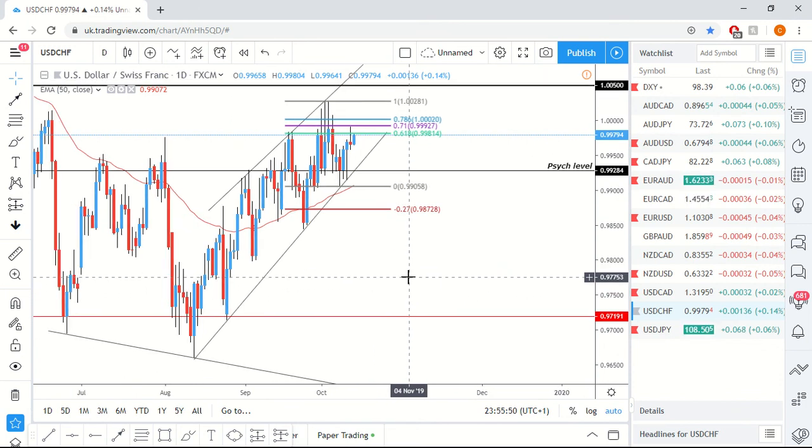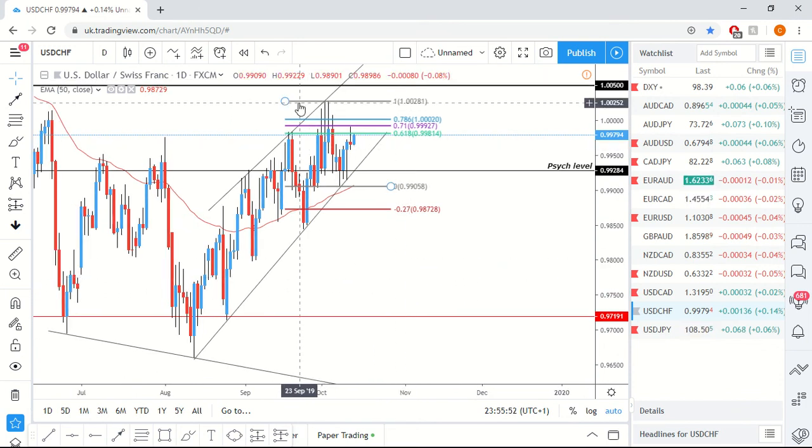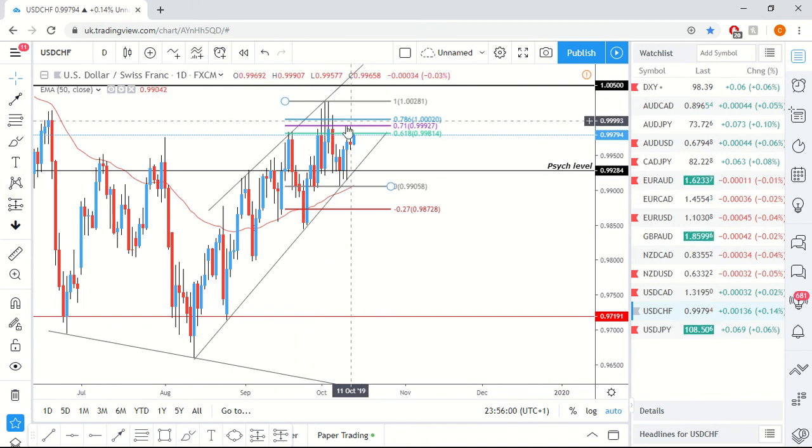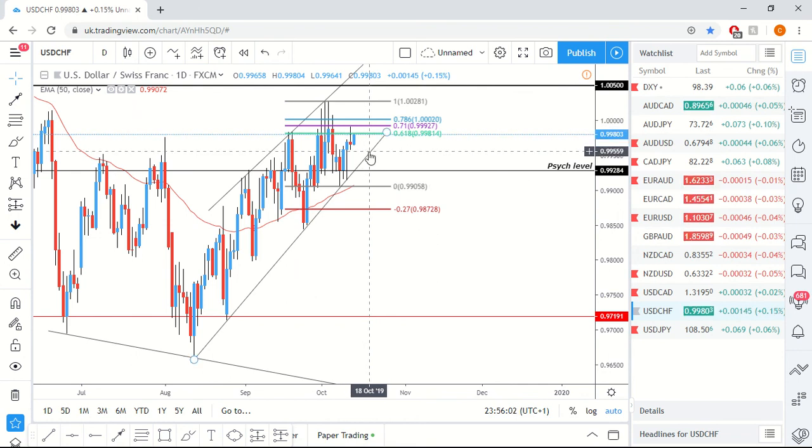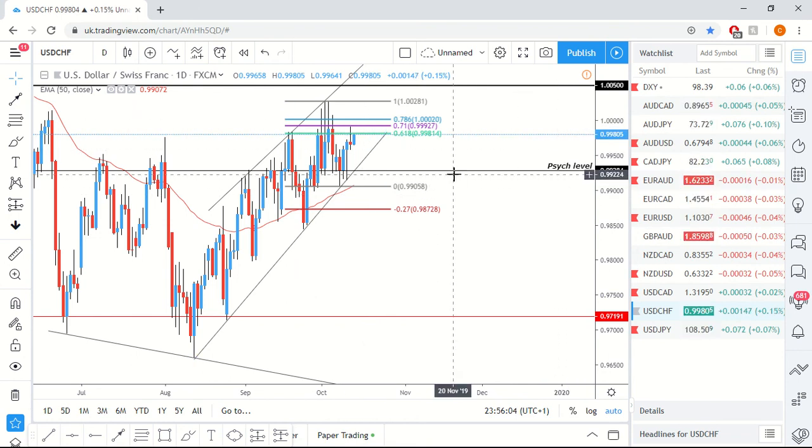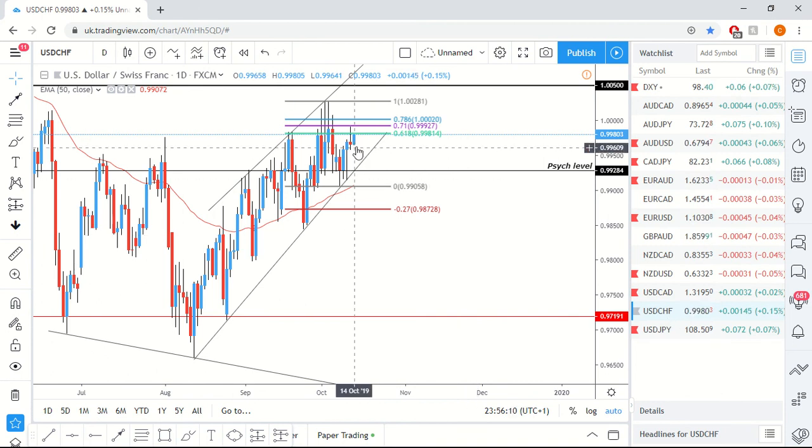Here you can see we've got all these wicks to the upside, so we've put a Fibonacci on it, 0 at the lowest low and the top at the high, and we might get this golden pocket rejection before it moves downwards. We have got this cycle level here. As you can see, price respects it very well. But not too much more to say about this, just wait and see what price chooses to do.